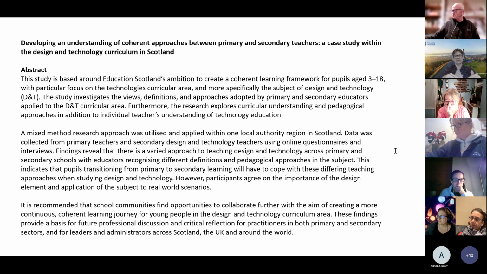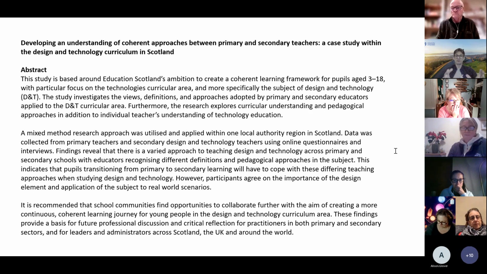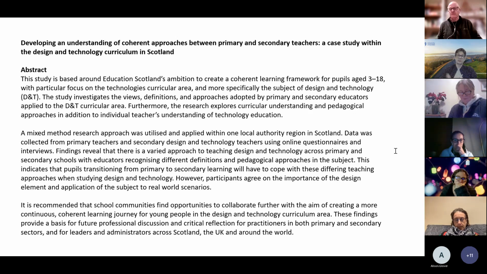And also another theoretical element that comes through, if you'll notice towards the end of the recommendation, is this idea of school communities. In some local authorities, the cluster system works really, really effectively. But in other local authorities in Scotland, it's not as established, and geographical issues come into it. So one of the other theoretical perspectives we took on it was communities of practice. So again, some reference to that, some idea of how that was suitable, what we might do. And again, we didn't perhaps get deep enough in the article to make clear-cut recommendations about how that might be done, and we touched on professional development a little bit as well. But yeah, I think that would be an excellent area to, let's get Pippa in then.